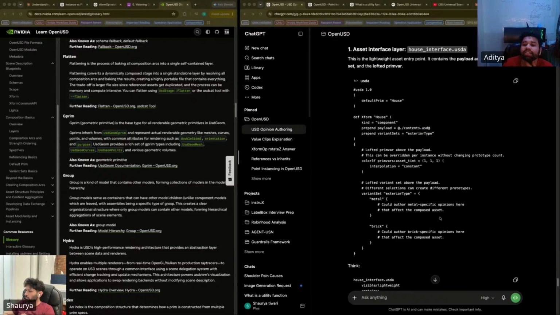Lofted variant set, exterior type. Where is the payload? Payload is this.